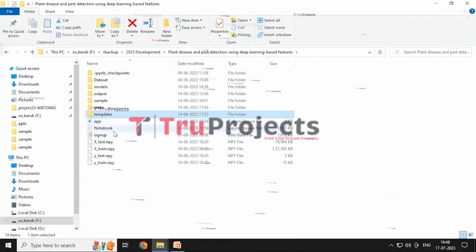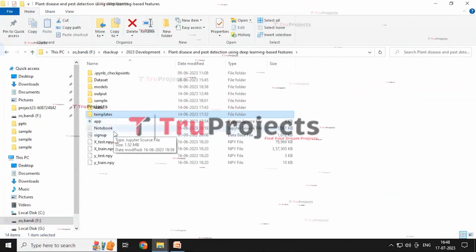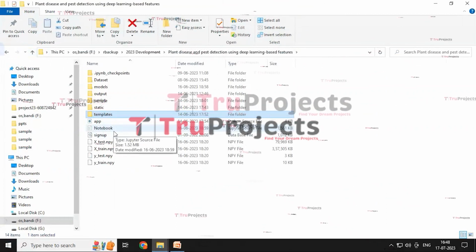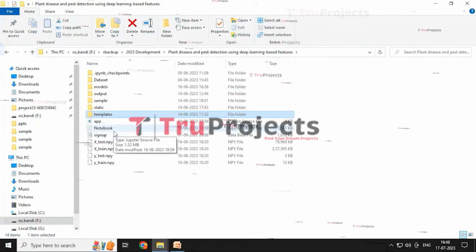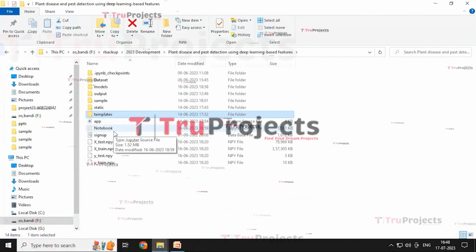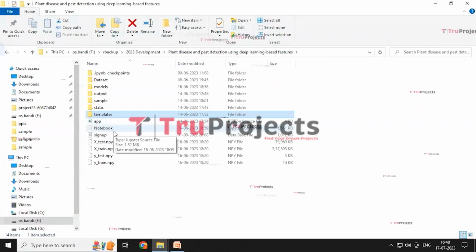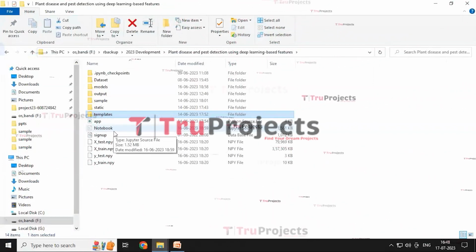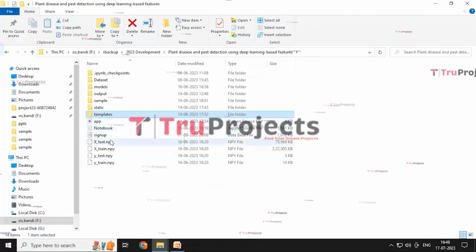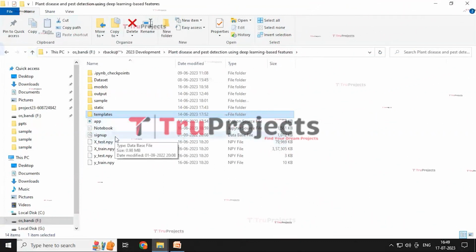And the notebook is an IPYNB file. It is a Jupyter notebook which contains a combination of code, graphs and output all in one place. It allows the user to write and execute the code in individual cells, making it a popular choice for data science. And the signup.db file appears to be the database file used to